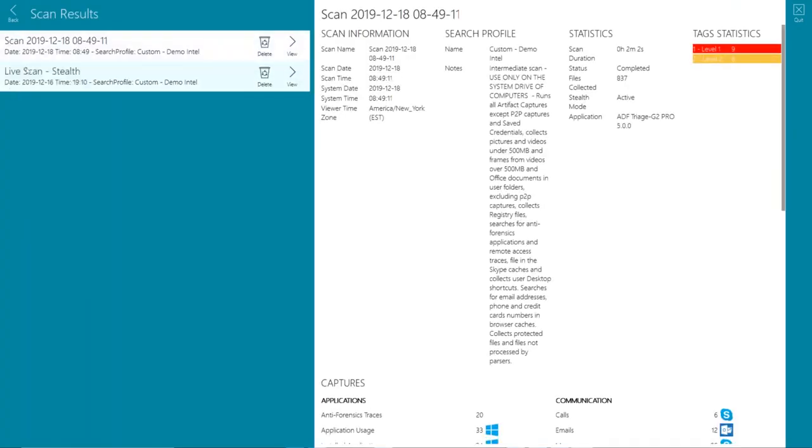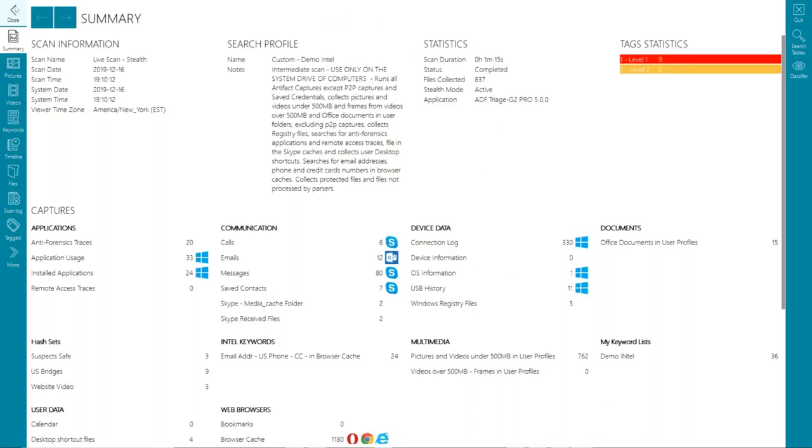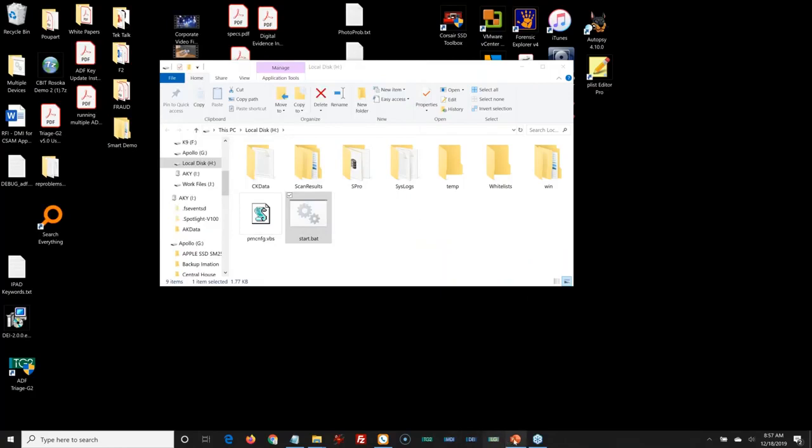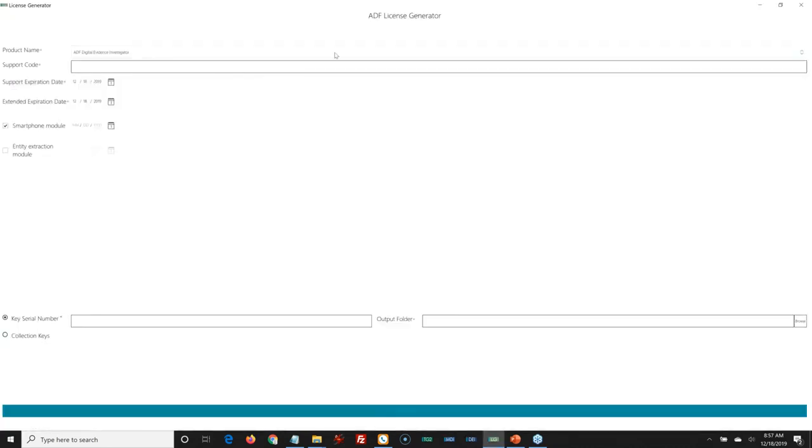So let me go into one that has that done already. Let's close this down and open up the desktop version. You'll see I was doing the analysis on the suspect machine, and now we're going to go back to the desktop.